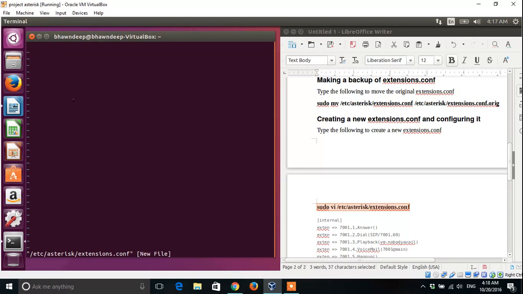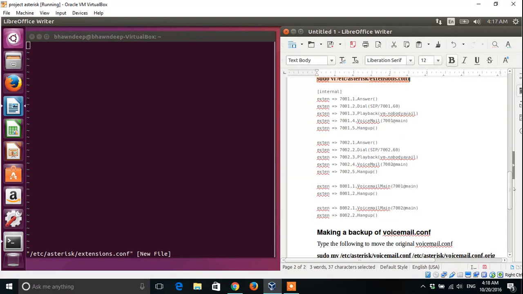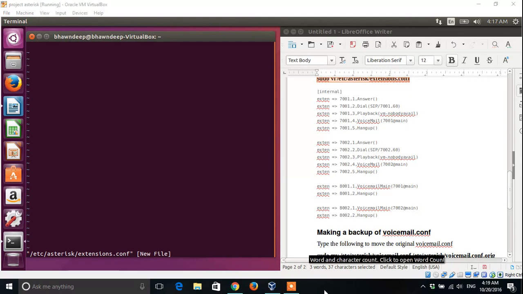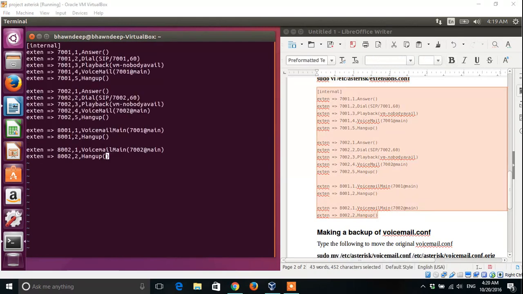Now I have to write all the syntax here in the new file. After writing everything, I save the file using the command shift colon wq